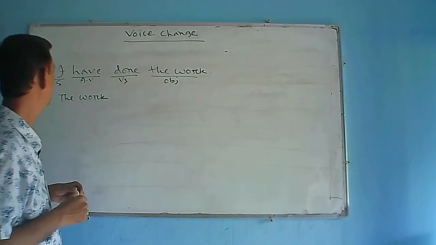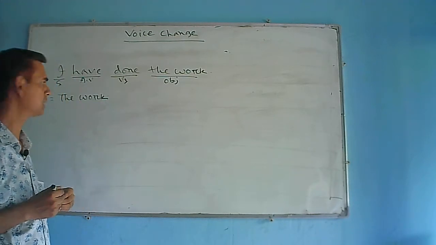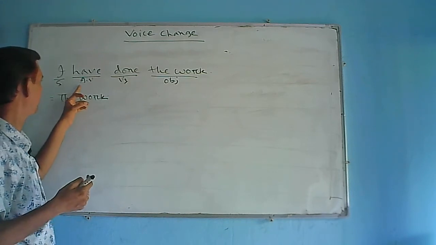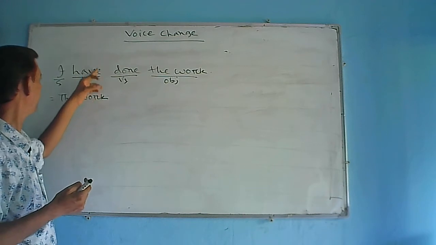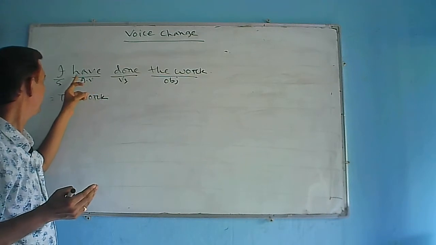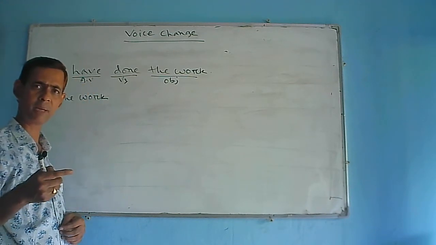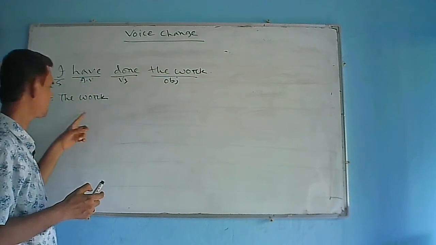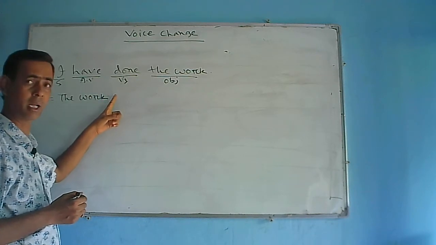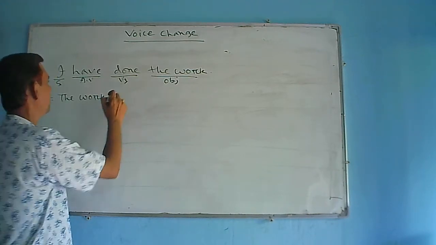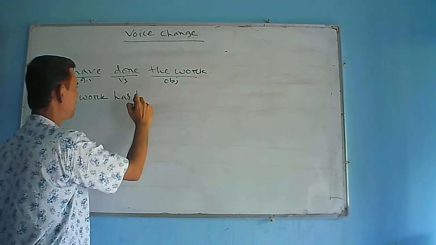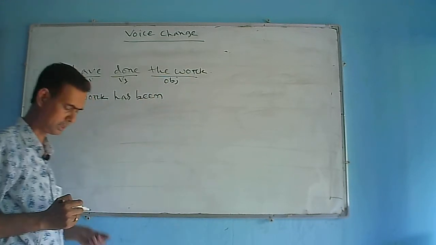Secondly, the auxiliary verb of passive form. Dear learners, you have seen in the chart of auxiliary verbs of passive, if they remain have verb in an active voice, after have, been will be used. After have or has, as the work is third person and singular number, that is why here has will be used. As this is passive form, been will be used after has.